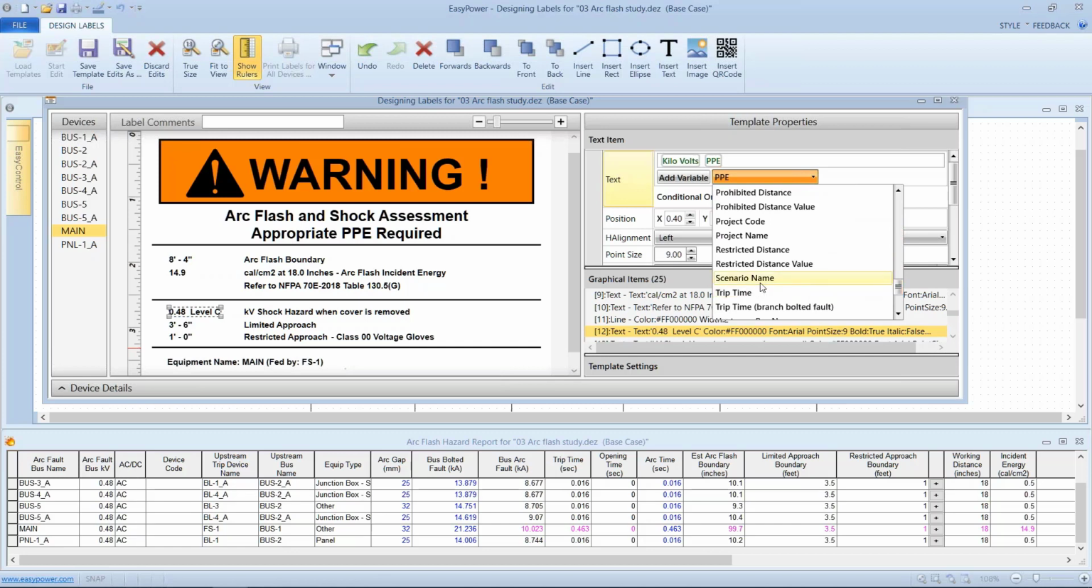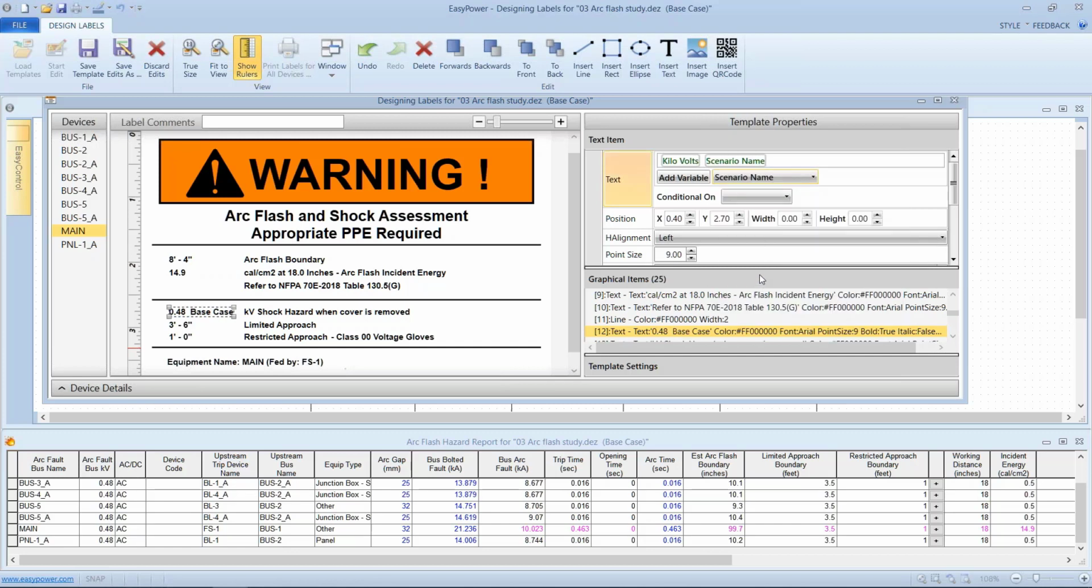So if I wanted to say, okay, this is the scenario that's associated with this particular set of information, then I can do that as well. And again, we can make it conditional if we wanted to do that. Okay,